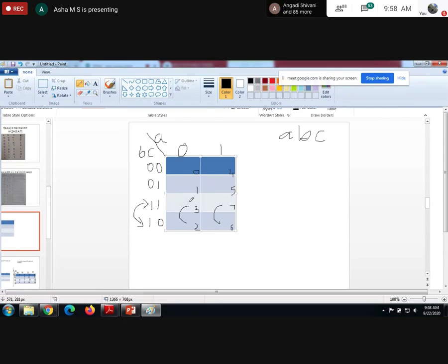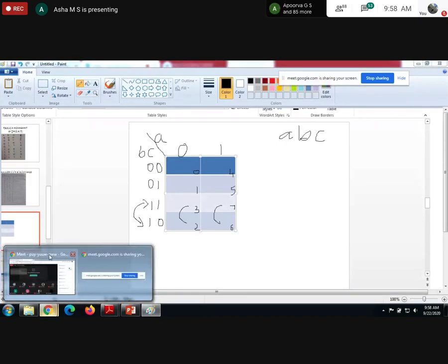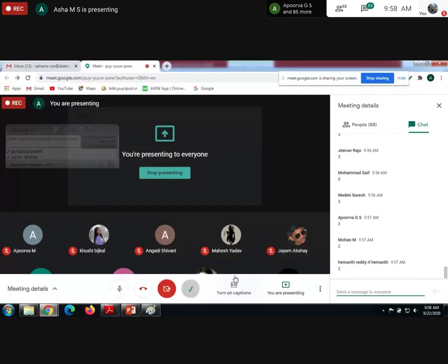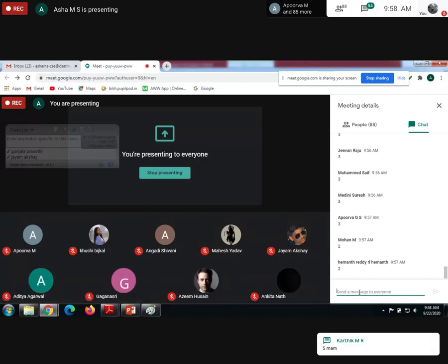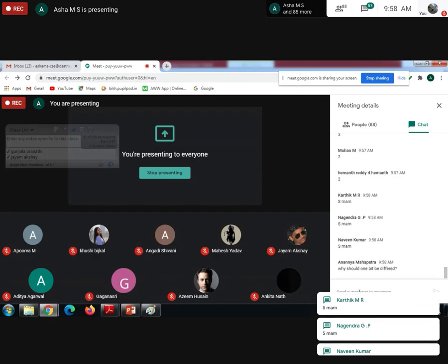Because this is the rule of the K-map, when we are trying to minimize the expression, a minimum of one bit should differ between these two minterms or binary representations. Minimum one bit should differ. That's the reason we have interchanged this, and even the cell numbers are interchanged. Is it clear? Just interchange the cell number. For 3 variables, is it clear? Shall we go to 4 variables?